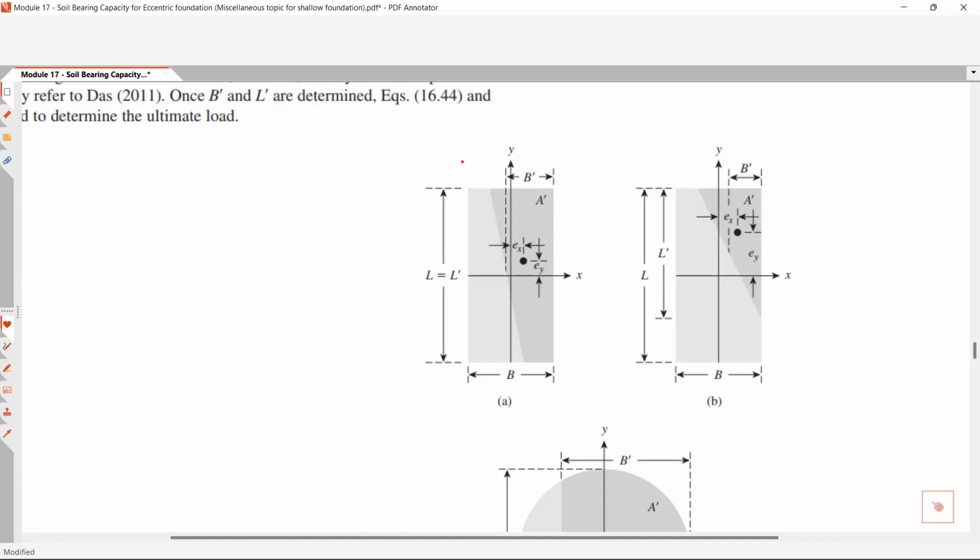This is also twice the eccentricity. And this is also, okay. Itong distance na to is twice the eccentricity. And yung distance na to is